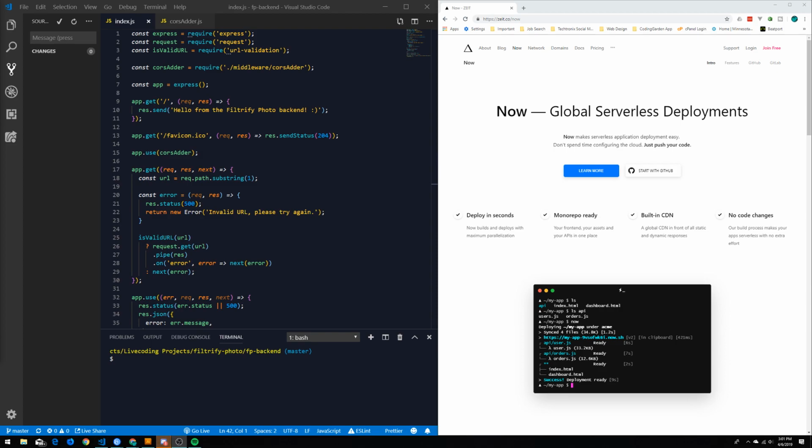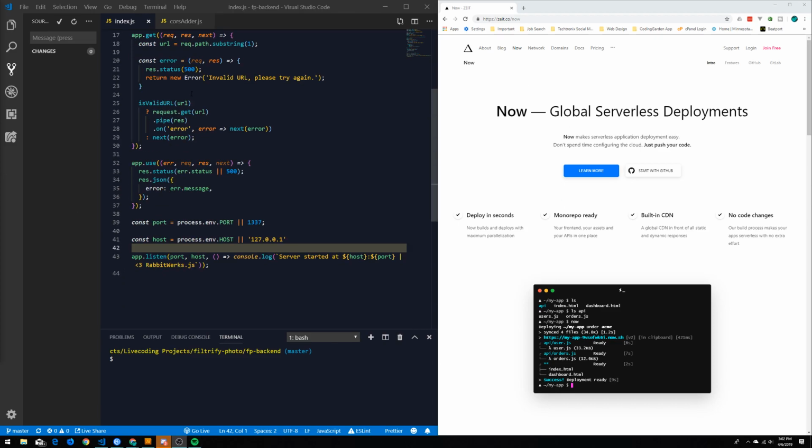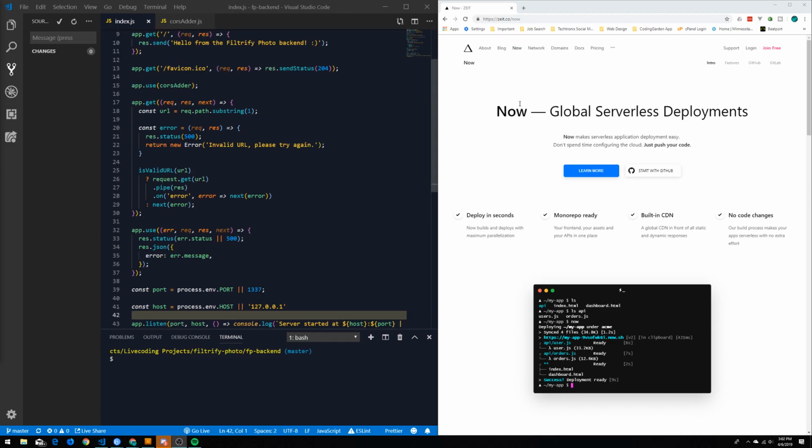A little bit different timing than usual compared to our Thursday evening live coding sessions, but today is going to be an afternoon of debugging and fixing what we started on Thursday. If you didn't tune in on Thursday, we were basically coding up our backend for our CORS adder server, essentially, for our Filtrify photo app that we've been building. At the end of the stream it was going pretty well, but then we ran into a roadblock and weren't quite able to figure it out. But I did figure it out, and we're going to do a little bit of a live stream right now